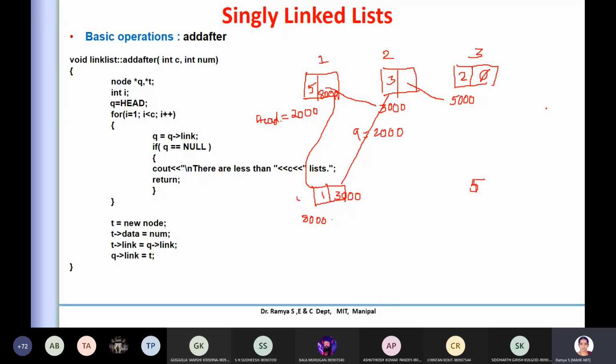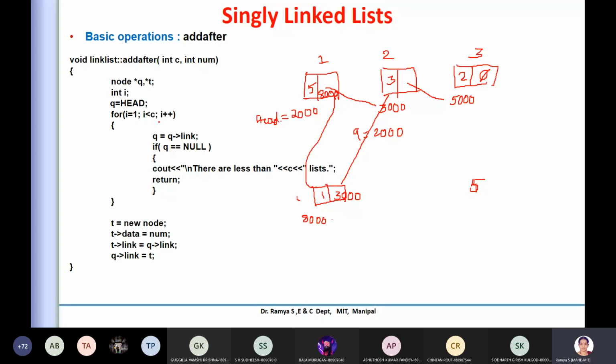If the array length is very big, 1,000, 10,000 or something like that, then shifting will be a cost, and it will be time consuming. But in the linked list, for the nth element or whatever the value, the cost will increase only in the case of add after, because you are going through a for loop. But in any case of insertion, you are just changing the pointer values, not much more than that. Any doubt?